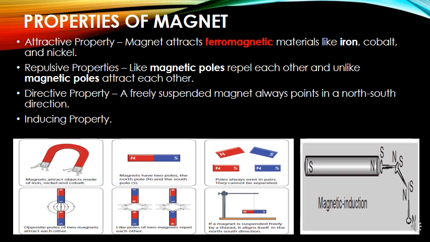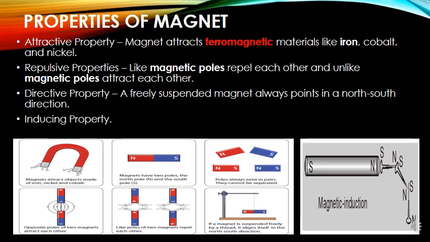So like this, what happens is temporarily the magnetism is induced in those coins. Here you can see iron nails are attracted one behind the other because of the magnet. What happens is all the nails which are attracted act like magnets. And when the magnet is separated from the first coin or first nail, whichever is attracted, it will start falling down. That is because it was temporarily magnetized. And this property is called the inducing property of a magnet.